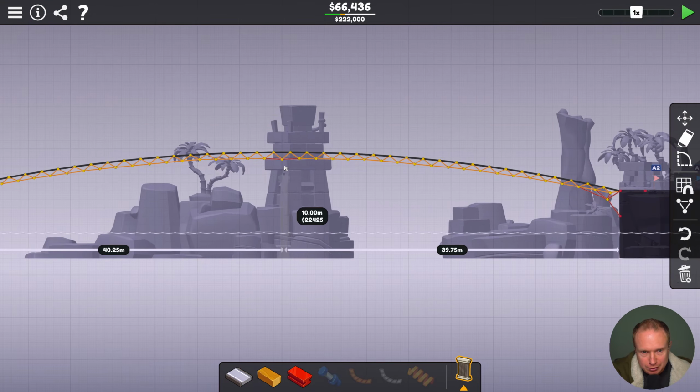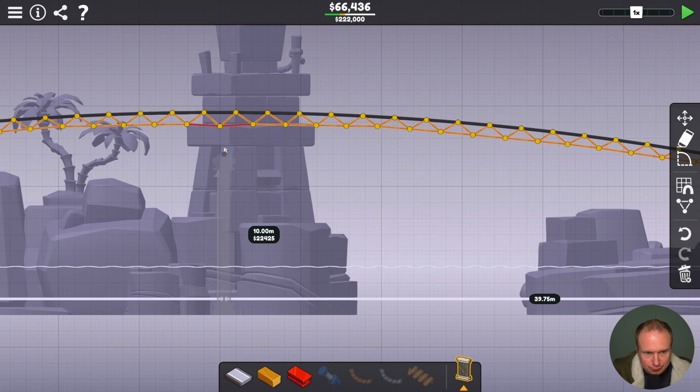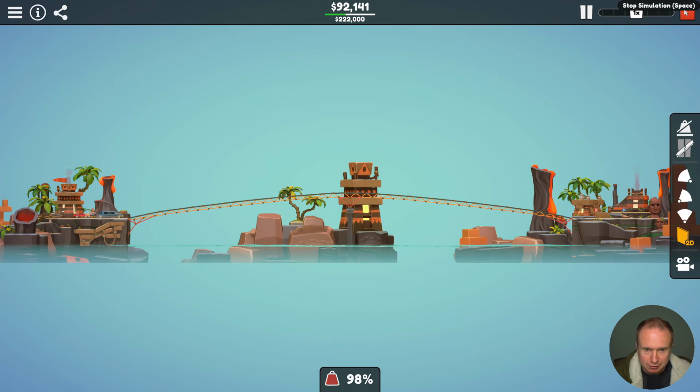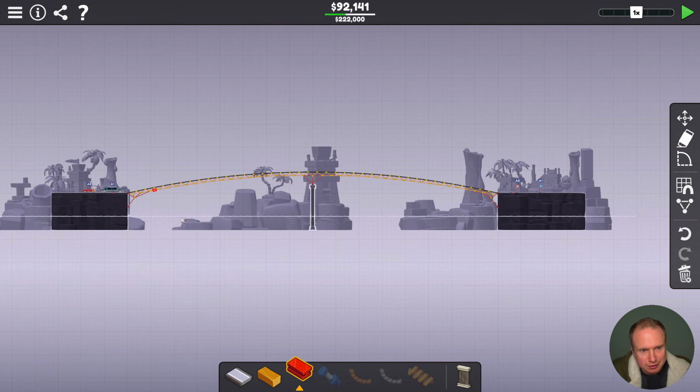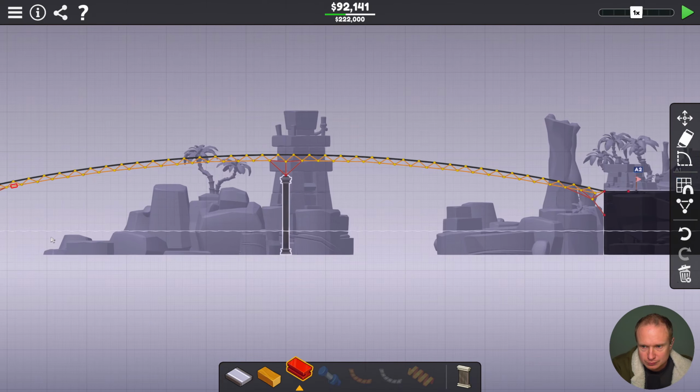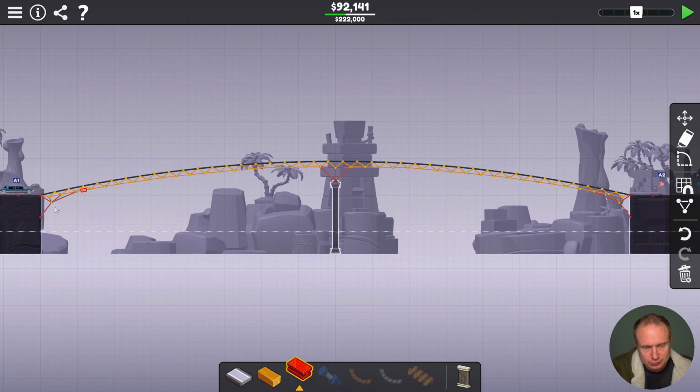Now, we could certainly put a giant one of these into place and just see if that alleviates a lot of the stress. No, I think this is just a long bridge. Now, we have unlimited foundations, but I don't really...